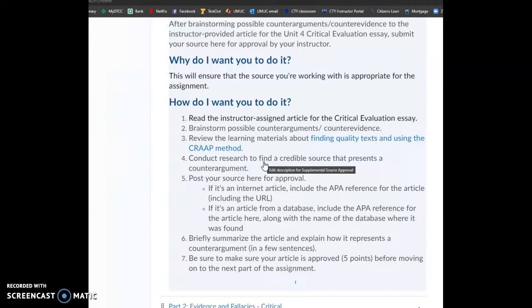That's not something that's going to come into play until you're in a class like 102 where you're writing your own argument papers, but it is an important part of the research process to be able to find credible articles that disagree with your point of view. So we're going to practice it by looking for a counter argument that presents an opposing view to Susan Blum